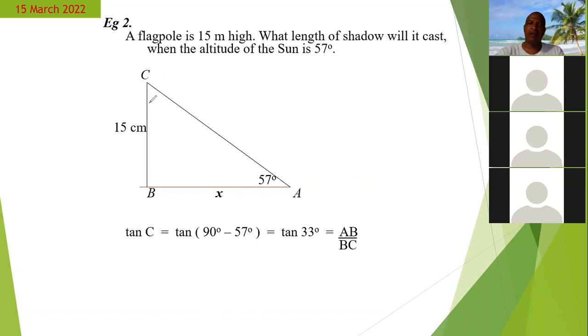So up here would be 33 degrees. We're just using whatever angle to calculate X. Now if we're working with this angle, the opposite side would be AB, which is X over BC. So the tan of 33 is AB over BC. And so we would get